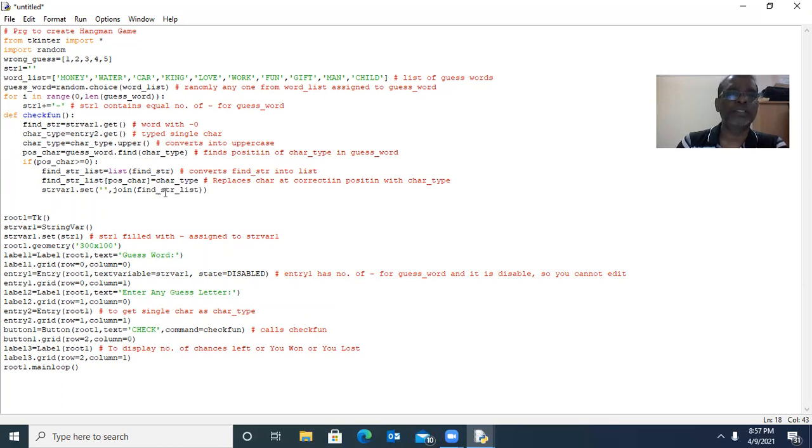So find str list is one list that contains C hyphen hyphen, that will be joined by empty space, that will be assigned to str var 1. Good. Here we can have one comment so you can easily understand.